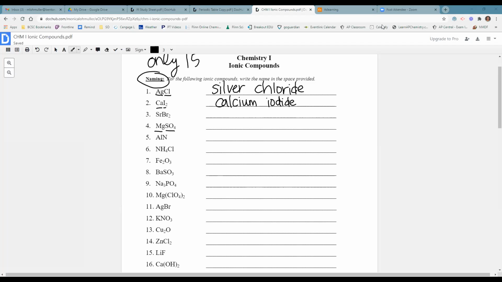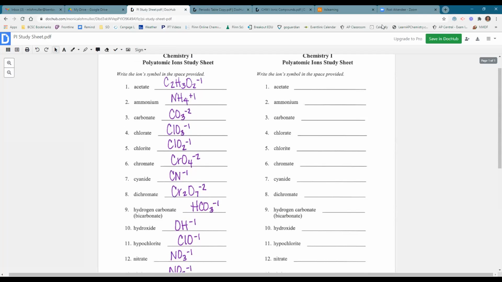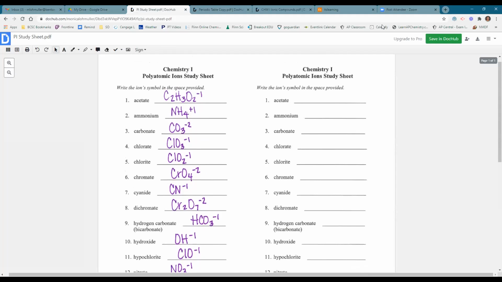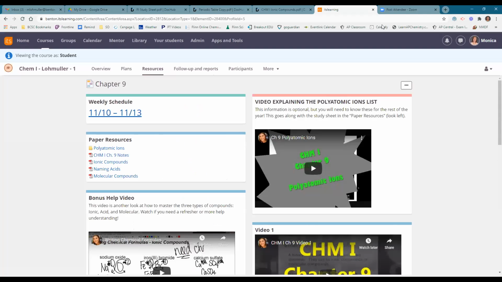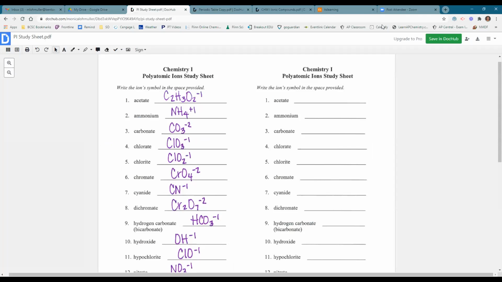Okay, yes. So some of them have an -ate ending or an -ite ending because they contain what we call polyatomic ions. So this is linked on the It's Learning Chapter 9 page. If you go to It's Learning Chapter 9 where it says polyatomic ions, if you click right there under paper resources, that's where I found this document. So number 4,